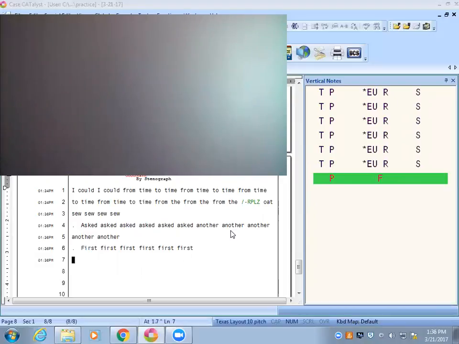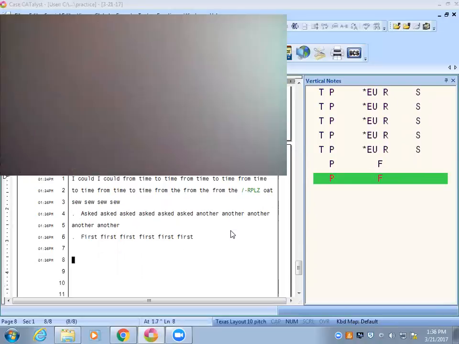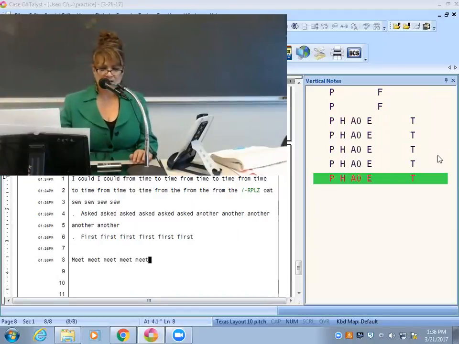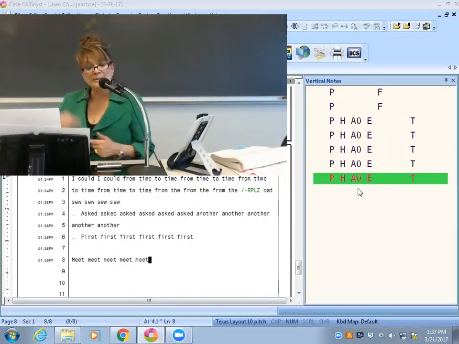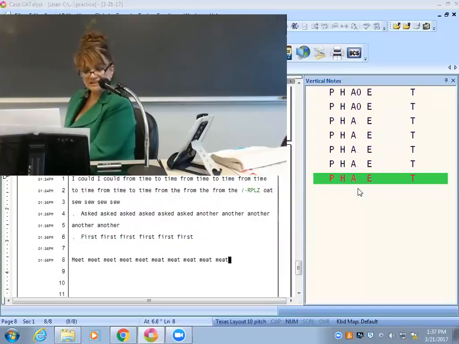The word meat. Which meat, like meet me there or the meat that we eat? Meet me there. M long ET. Just think of it as we hear the long E and then the meat that we eat it's spelled with an E and an A in English. So you put the AE.